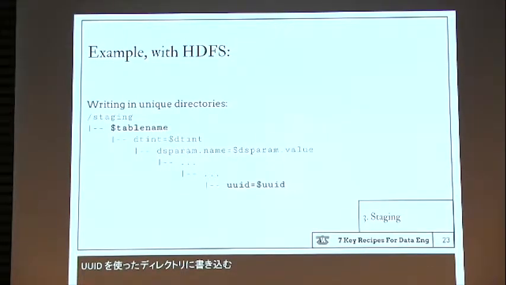With Hadoop capabilities, you can write in unique directories. So this is one of the ways we do it: when we write a dataset in Hadoop, we tag the directory with a unique identifier, so we make sure it's unique, and then we use name resolving to use the correct place in Hadoop. So we have past versions of the same dataset available for a certain period of time. We use a very persistent data structure.